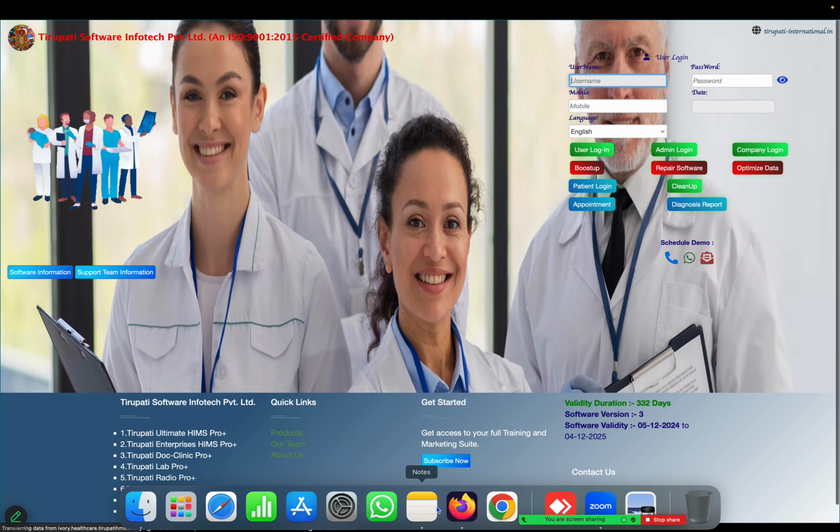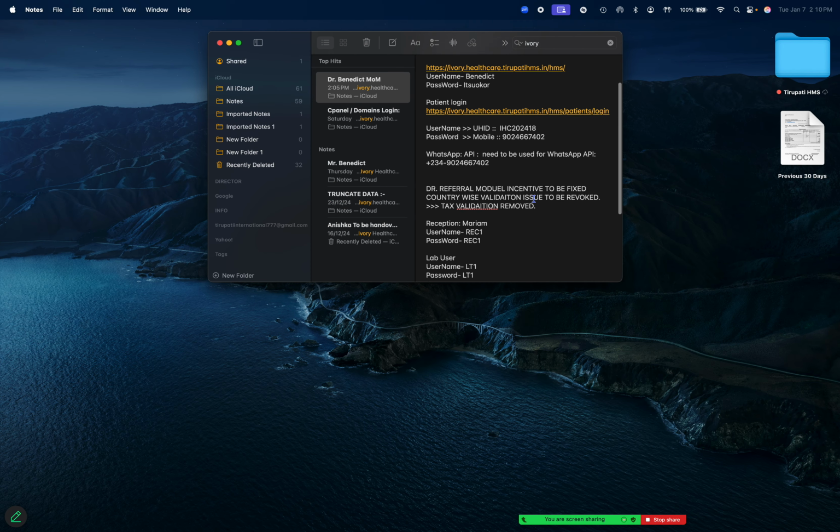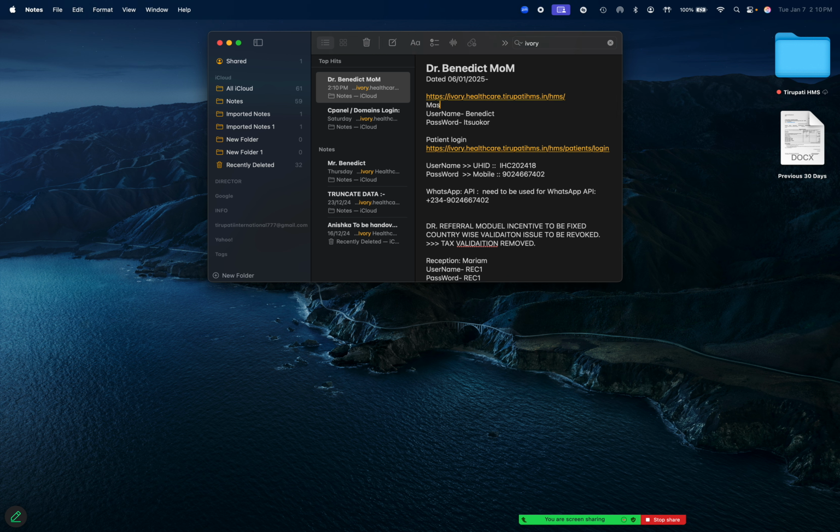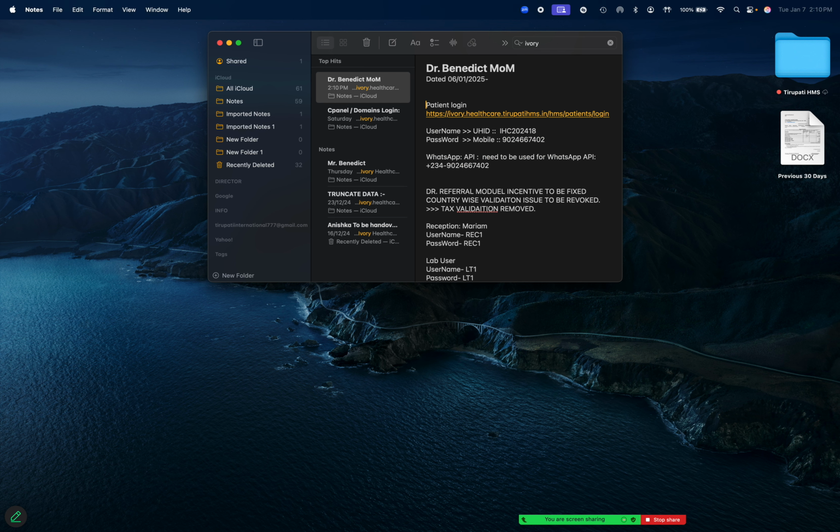Okay. You mean your user ID password, right? Master logins. Control X, one second.